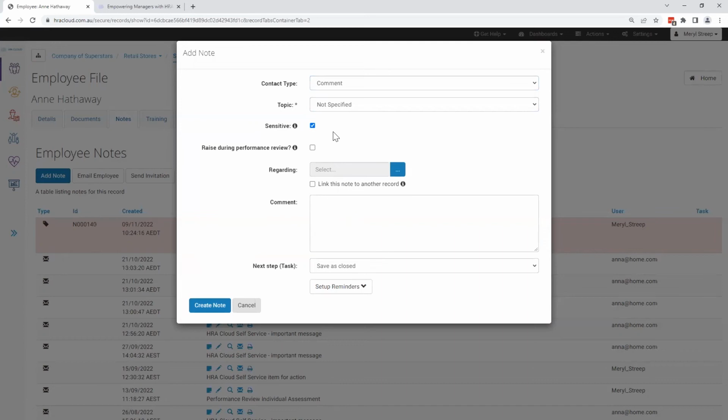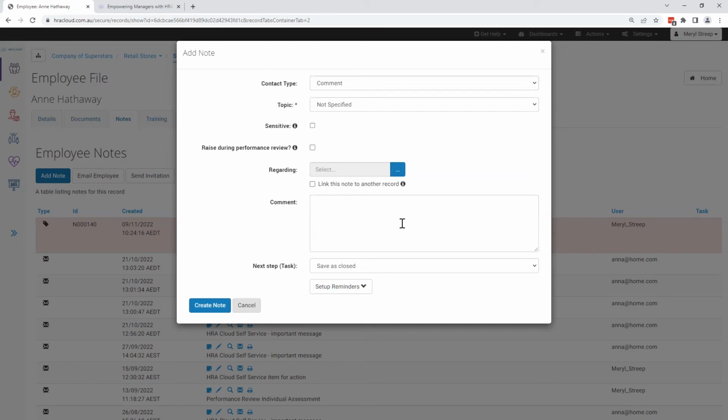If you choose to mark the note so it is included in a performance review, it will appear as a note at the start of the appraiser's review for the employee, provided the date falls into the relevant review period. If the note concerns another employee, you can select that employee here and link to their record if required.